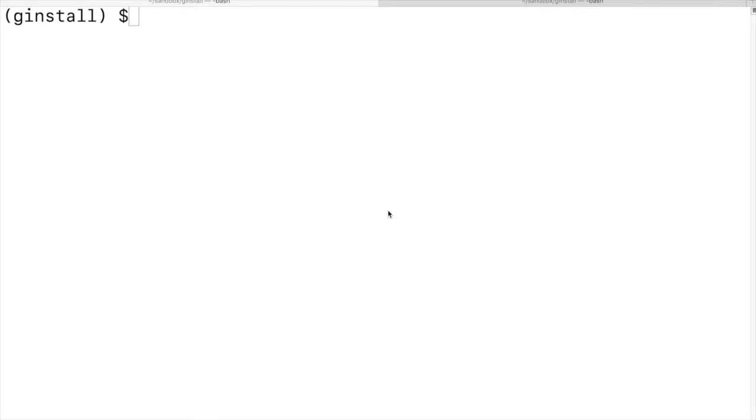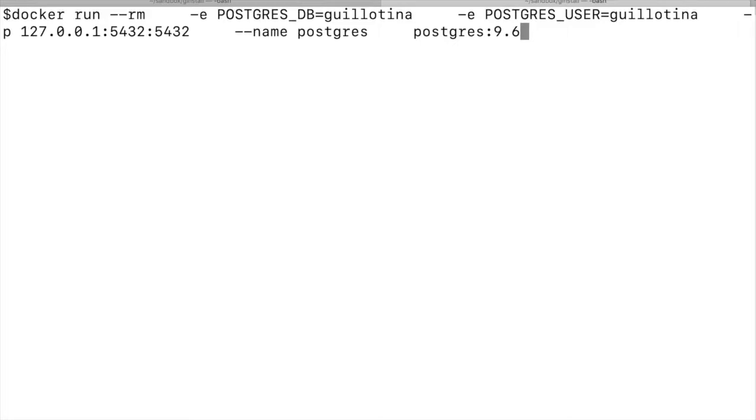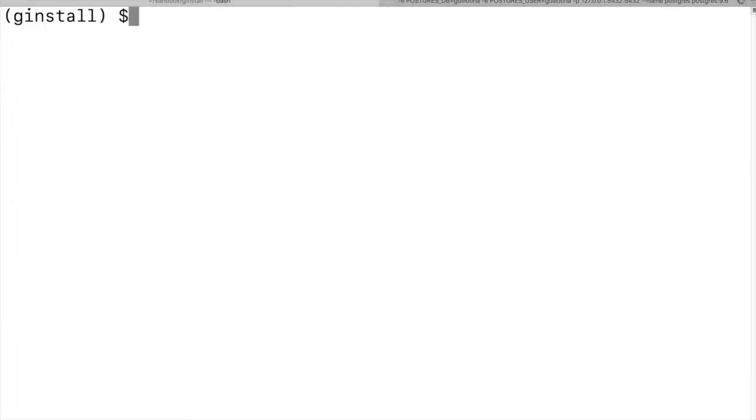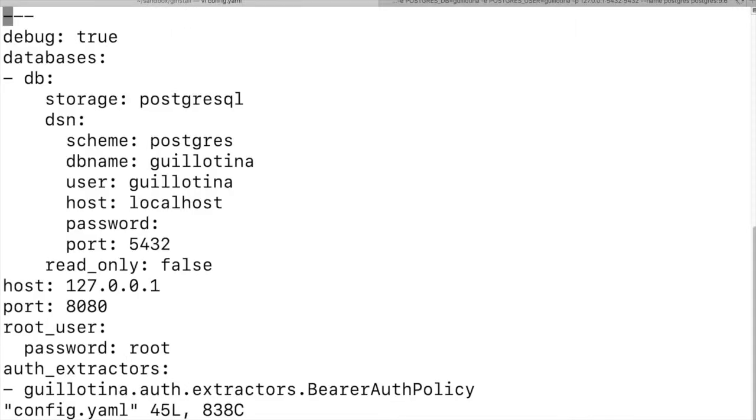Hello, we're going to be talking about Guillotina's CRUD API interface. To get started, we'll assume that you're going to have a Guillotina install and configuration ready. We will initialize a Docker container for PostgreSQL to get us started, and I have a configuration file here to